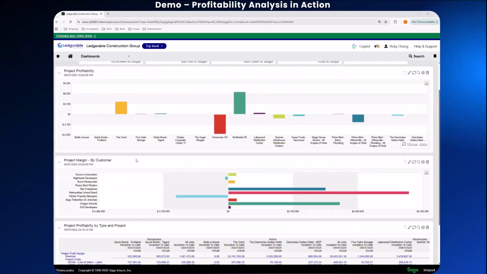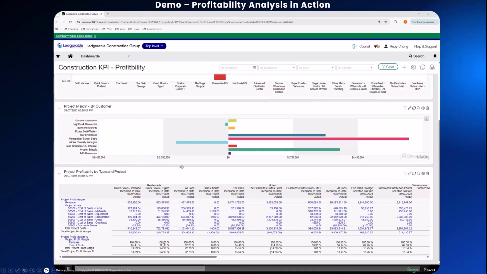For example, in this view here at the bottom, we see that the total for the restaurant jobs hovers around 22% margin, while next to it, we have our hotels, which is closer to 12%. And that's a huge difference. And it directly informs strategy. Because instead of guessing, leadership can now decide: do we double down on restaurants? Or do we adjust pricing on hotels? Do we focus on the project managers who consistently deliver higher margins?